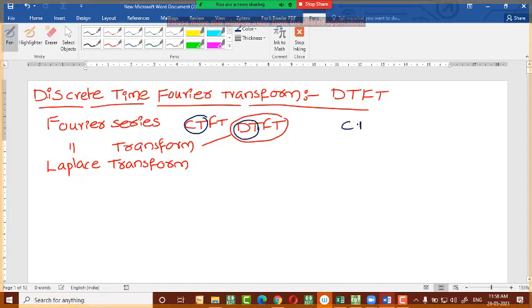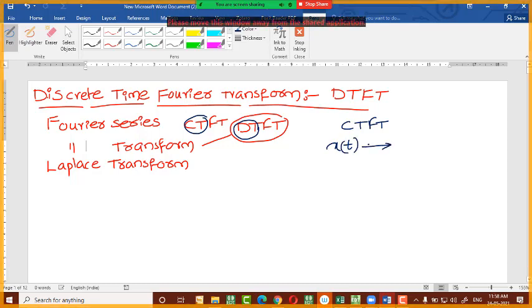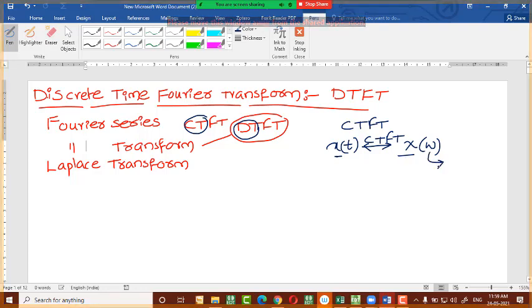So in case of continuous time Fourier transform, what we have seen already, x of t is the time domain signal, continuous time domain signal. Here you have applied the continuous time Fourier transform. Whatever the result we are getting, that is represented with capital X, because in the time domain small x is there. In the frequency domain we are taking capital X. Because it is in frequency domain, its independent variable is omega. In time domain, its independent variable is t, and here it is omega.